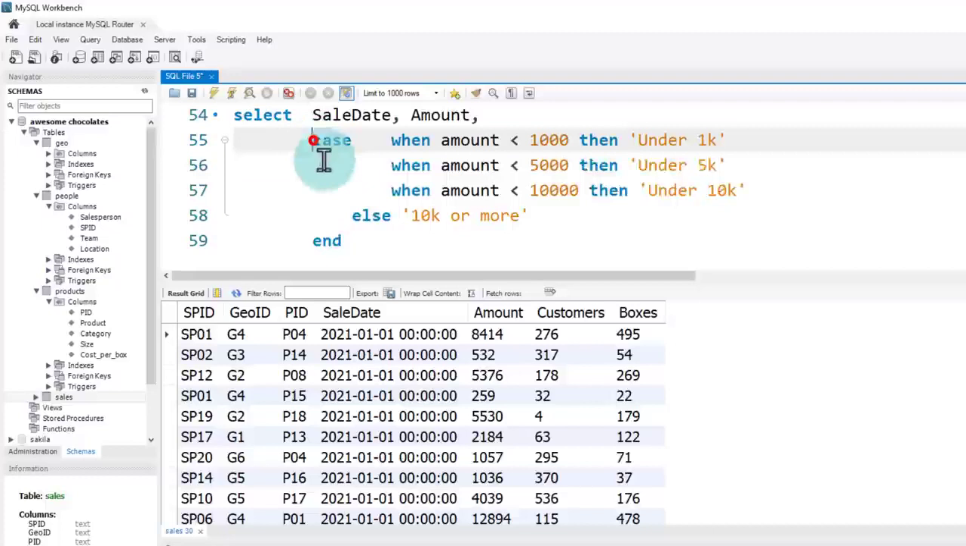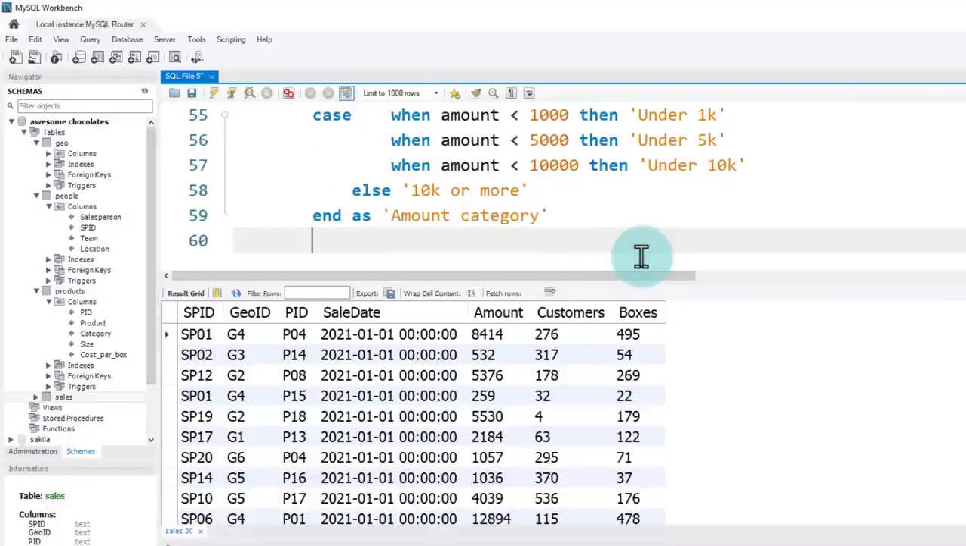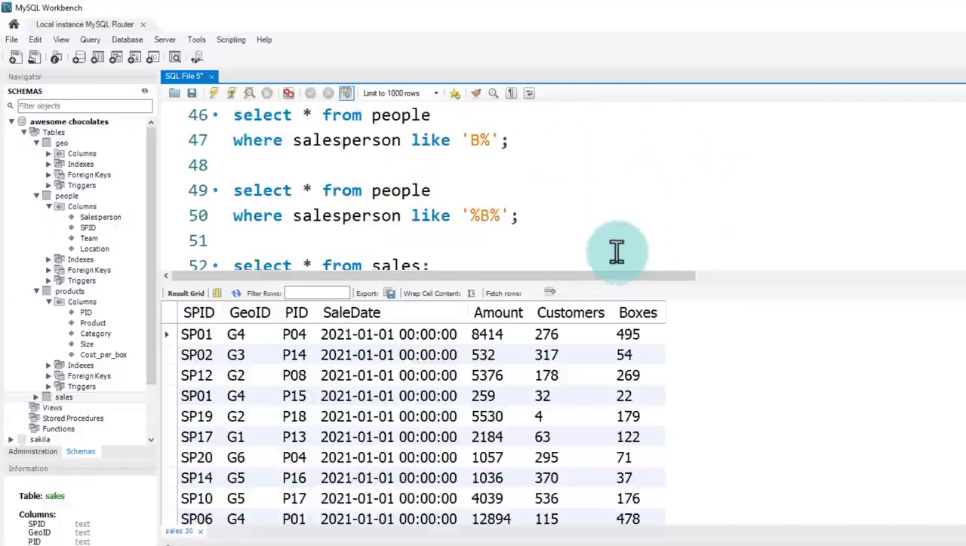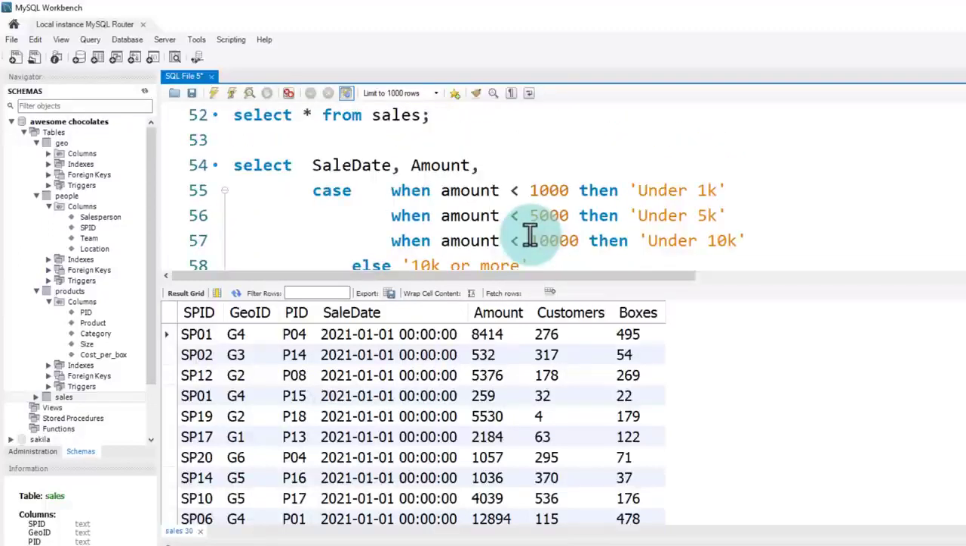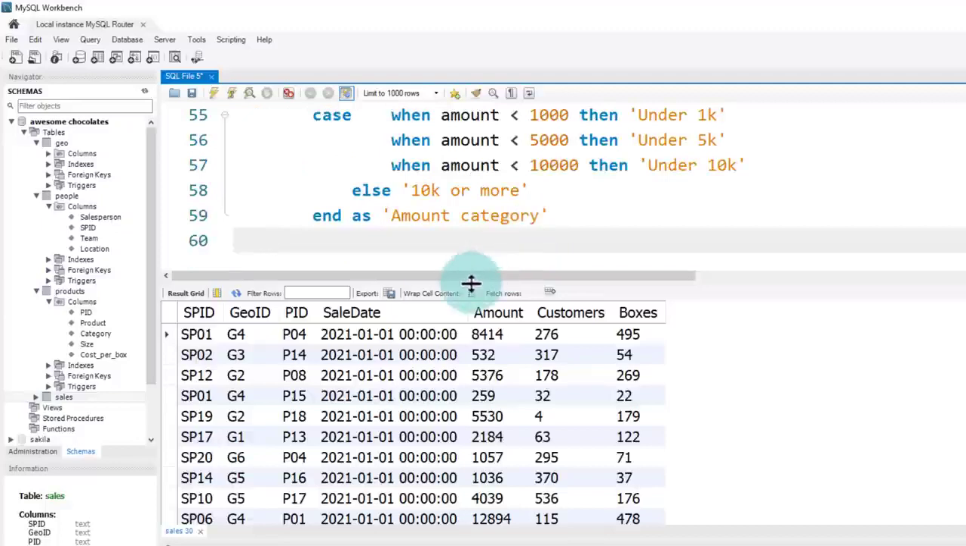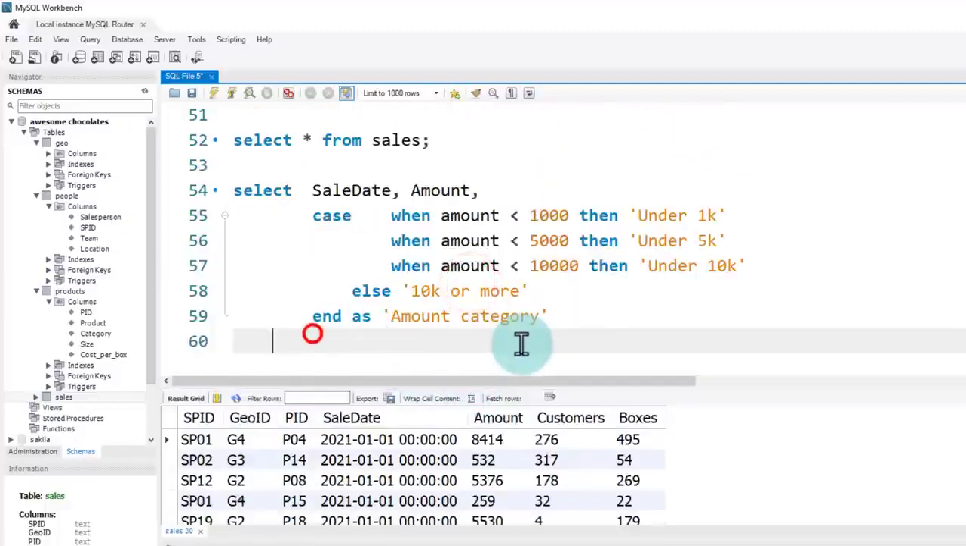And then once this field is constructed, you can give it a name. So we will call this as amount category. So basically we have taken the sales amount and then kind of built this categorization. I'm just gonna collapse this for a minute. And from sales,